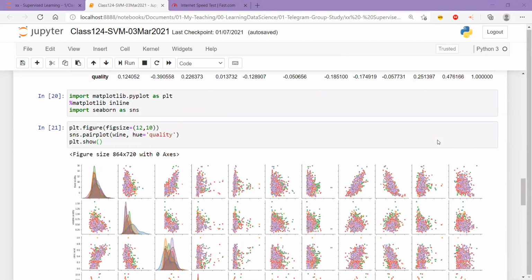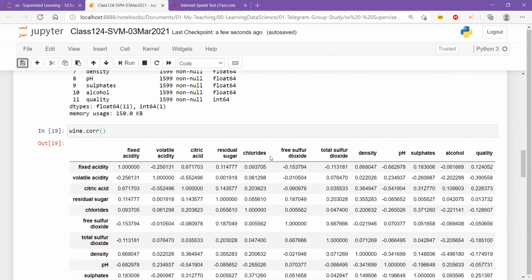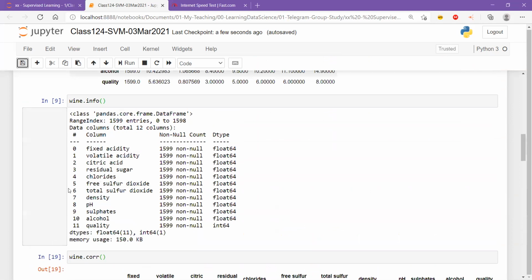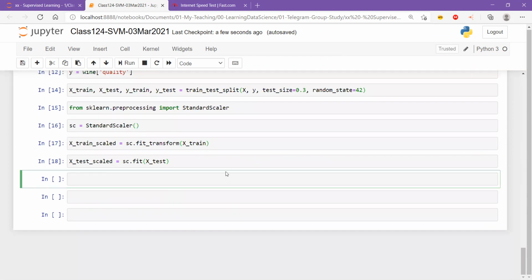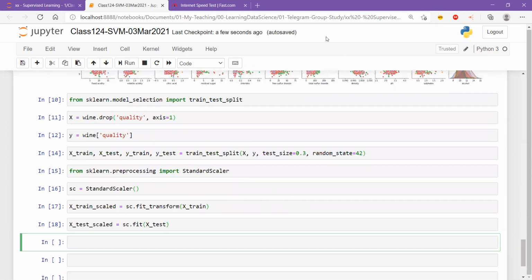This gives you some hint that yes, we are going to select SVM, and SVM is going to be a good use case for us because there is a lot of complexity within the data. Even the data size is not that big. I'm not looking into the number of the columns, I'm looking into the number of rows. So the data size is also manageable. So let's try to fit the model.